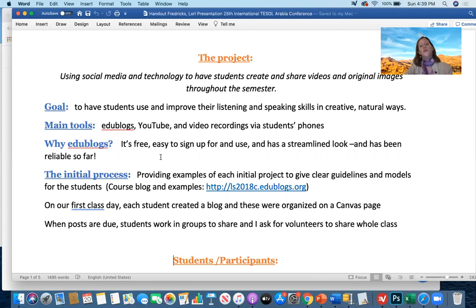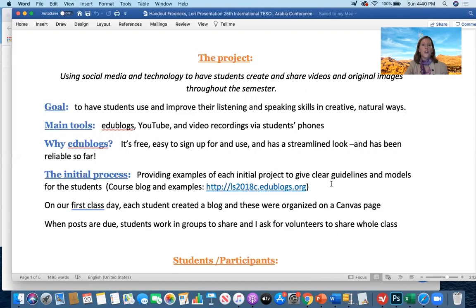Some of them opted to use YouTube, and essentially we used video recordings from their phones, but you could do more sophisticated things if you want to. I didn't want to force them to be graphic designers, video makers. I wanted them to be students experimenting with making videos for the purpose of using their creativity to get out into the community and to use English in, as I said, communicative ways. So we kept it fairly simple, but they could expand it if they wanted to, and you certainly could too. So I'll show you the original site that I used.